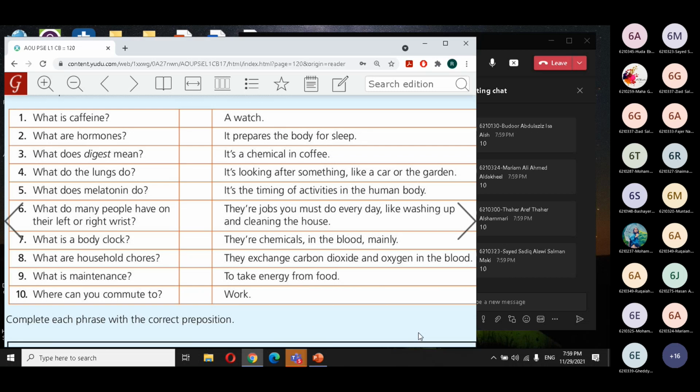Yes, Mariam. Okay. Tahir, good. I like it when I see your name. Okay. So this is a very good exercise because, you know, it's kind of revision. We revise the vocabulary before we completely forget them. Okay.